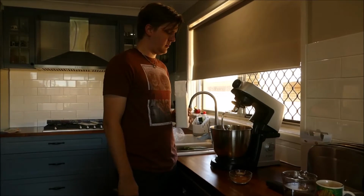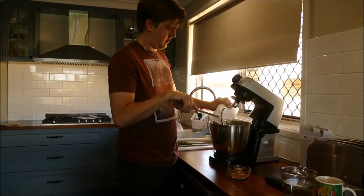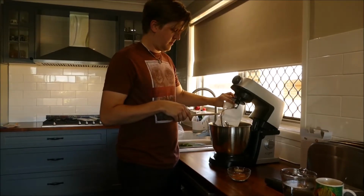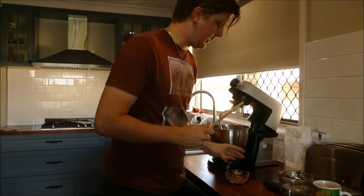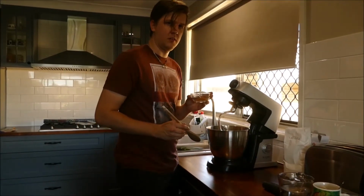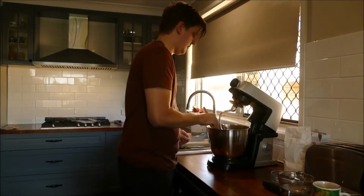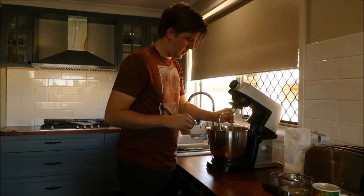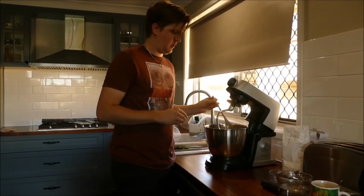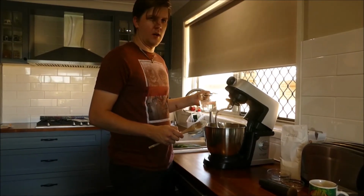Okay, now for the bread, we need 500 grams of flour. To that we're adding 7 grams of dried yeast and 4 teaspoons of our mild spice mix. We're just going to mix all that together a bit. And then we are making a well in the middle and adding 1 1/3 cup of hot water,